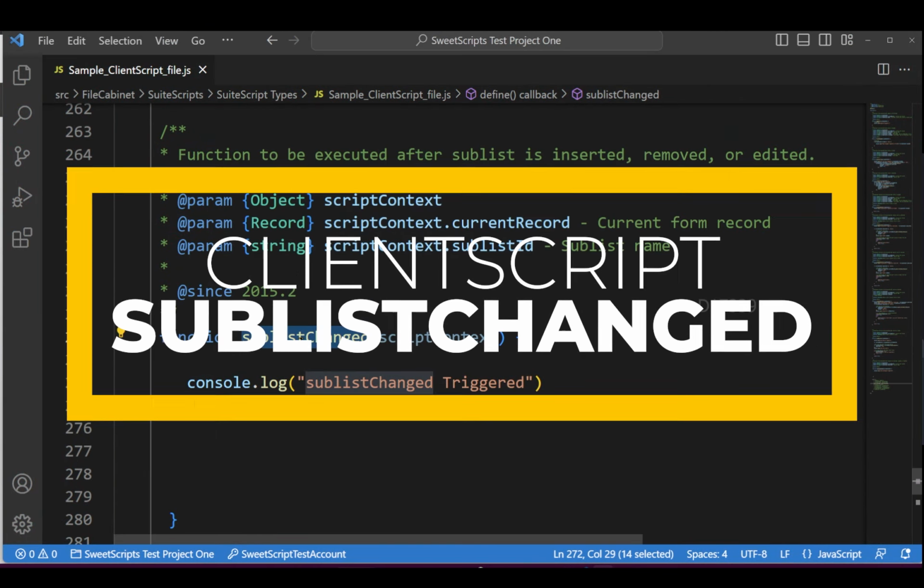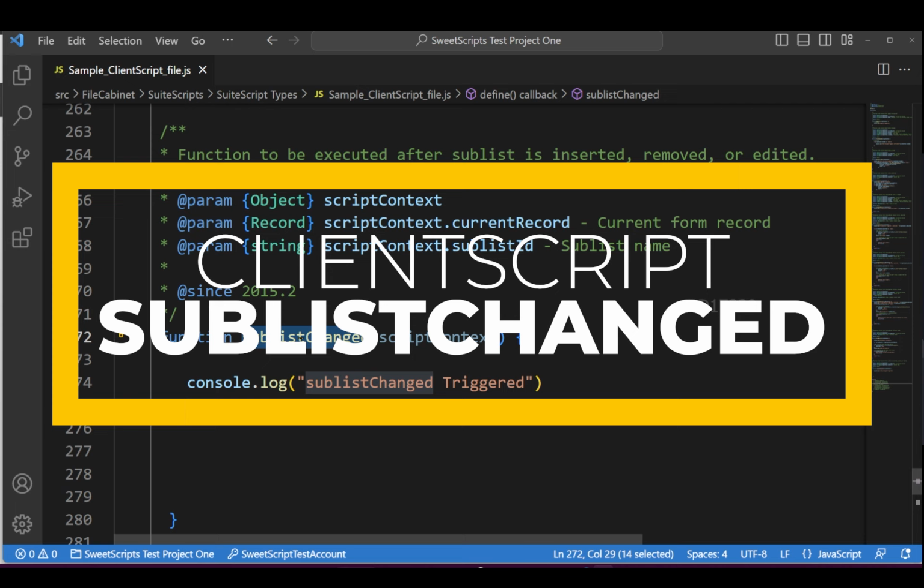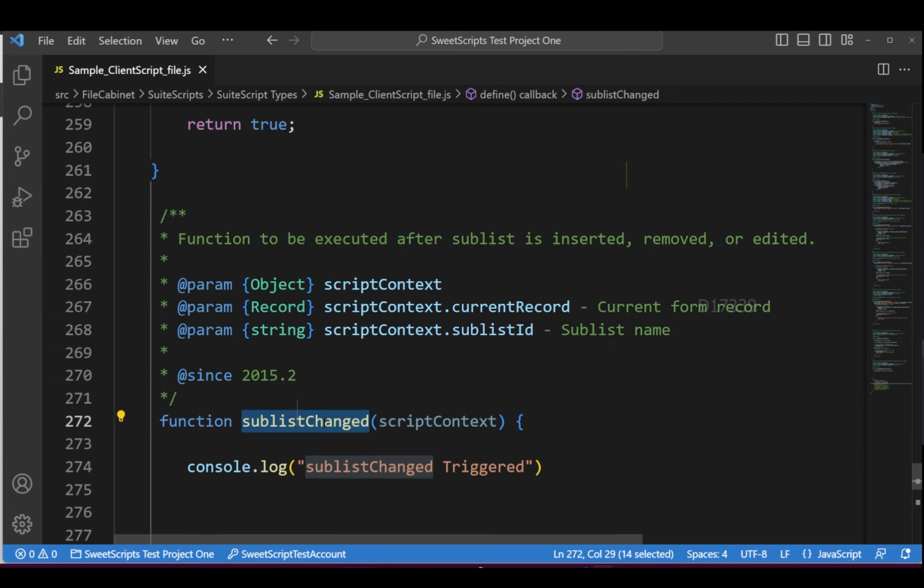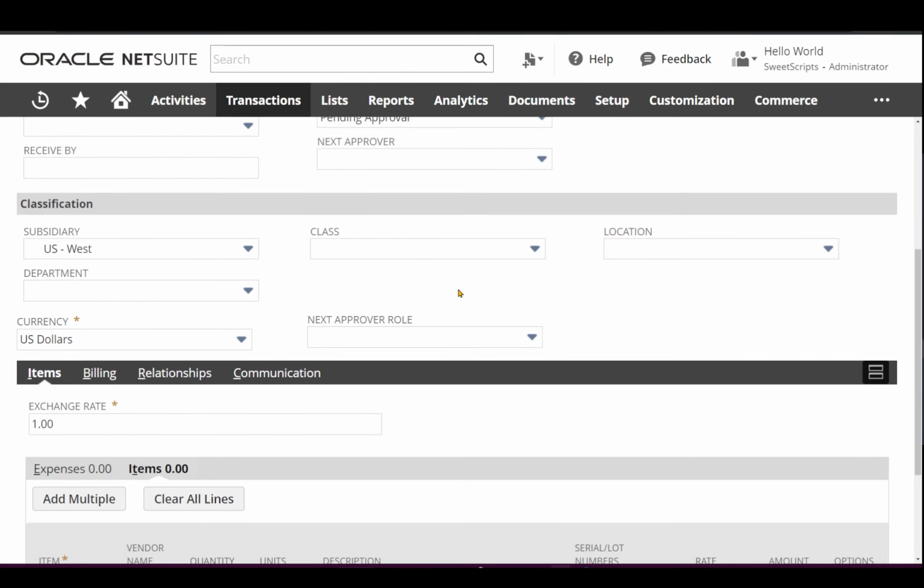SublistChanged function, and this is one of the entry points in ClientScript. This SublistChanged function executes whenever you commit a line, remove a line, update any line, or even insert a line. For example, if I go to NetSuite and right now I'm on a purchase order page, this SublistChanged function